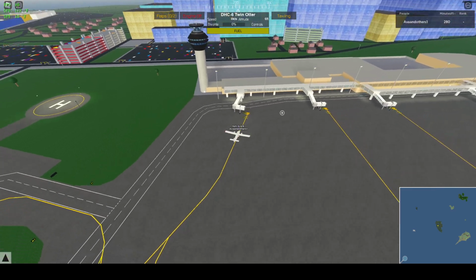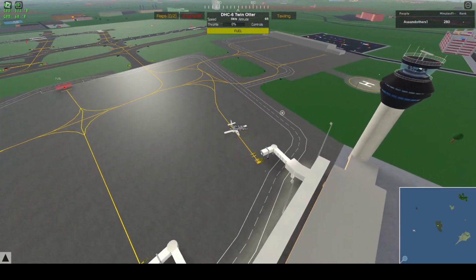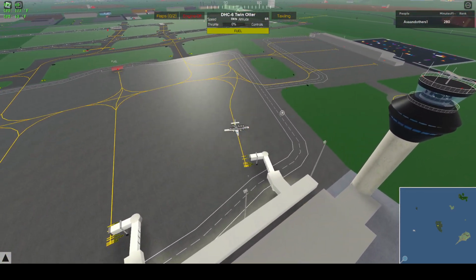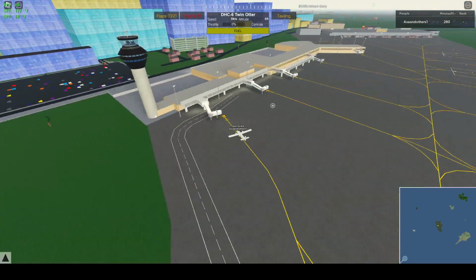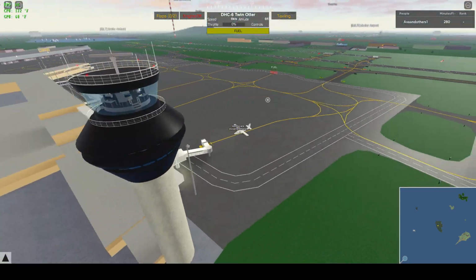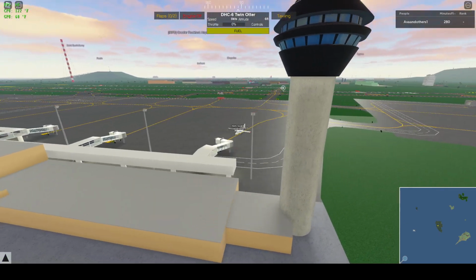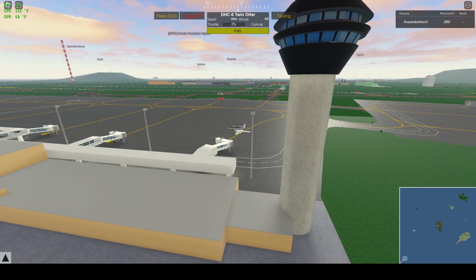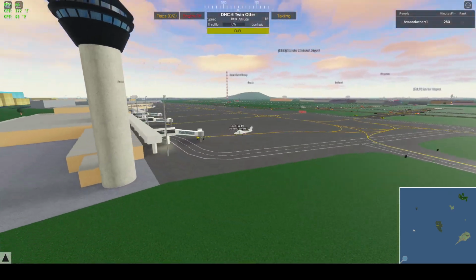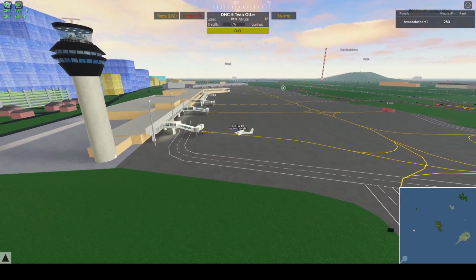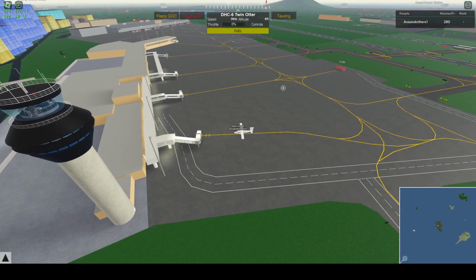First thing we need to do is we need to think about what we want overall in the airport. We want to start our engines, push back, taxi to, I don't know, maybe right there. 36 right. 36, 18. We want to taxi to 36 right, so